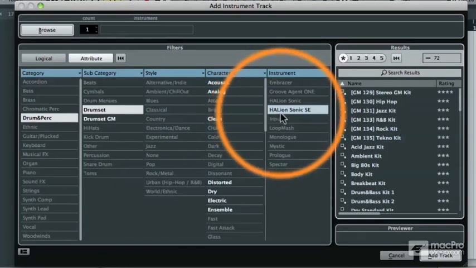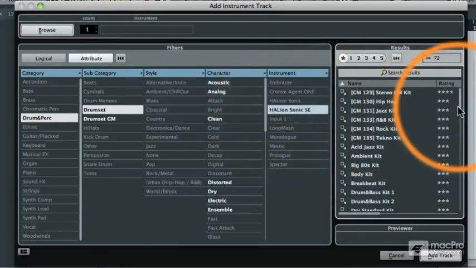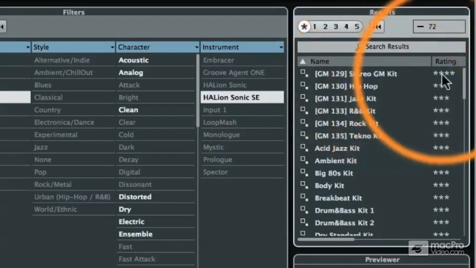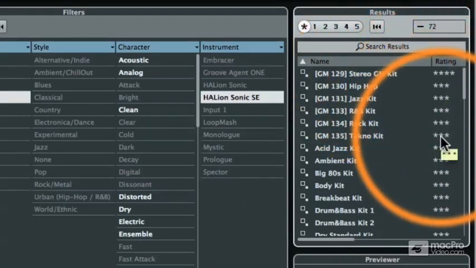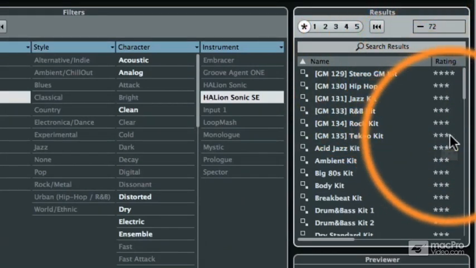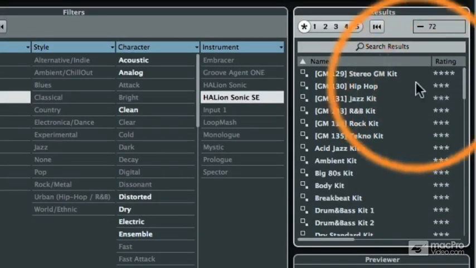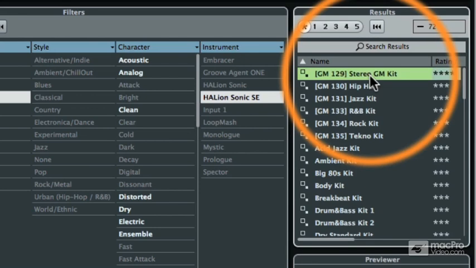the Sonic SE instrument. You'll also notice that not only is the name of the instrument listed, there's also a rating system so that you can choose your favorite sounds when you come across them. So what I'm going to have you do right now is start to browse some of the sounds. And all you need to do is single click on any of the sounds that are in the search results